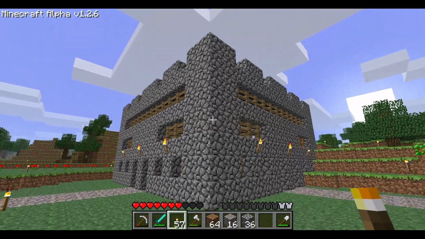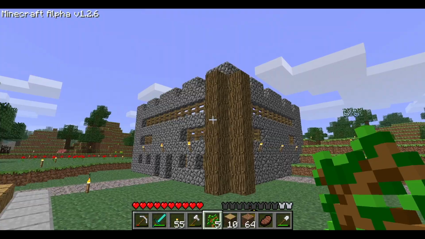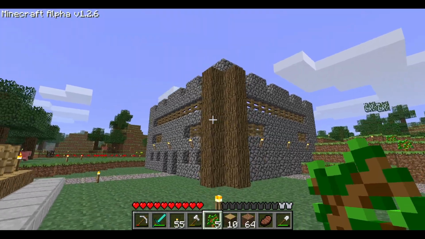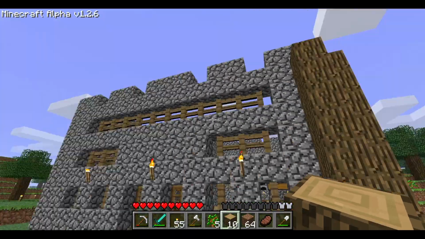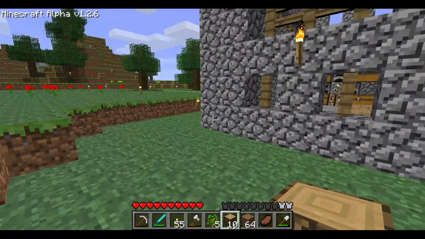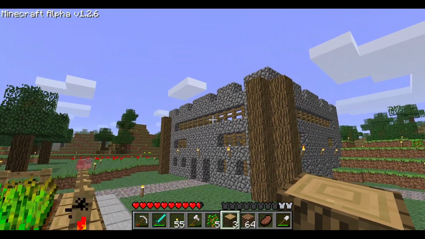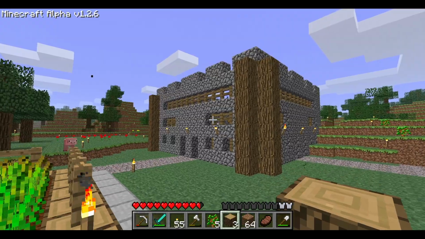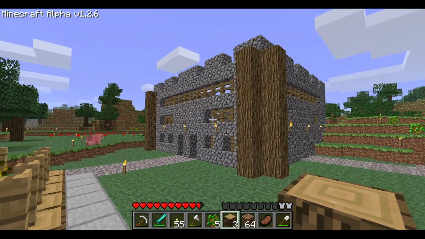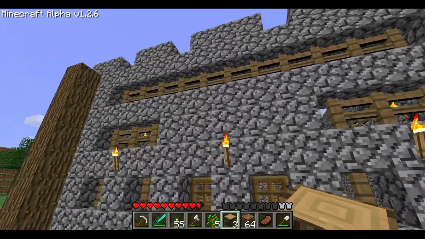Let me try something, but it's going to require me to go gather some more wood real quick. No, that's not it, I don't think. Well, maybe it will be it if I can make it symmetrical, like so. Okay, how does this look? Could be better, could be better. What if this is kind of random, but...